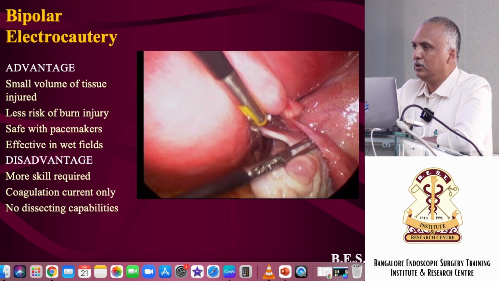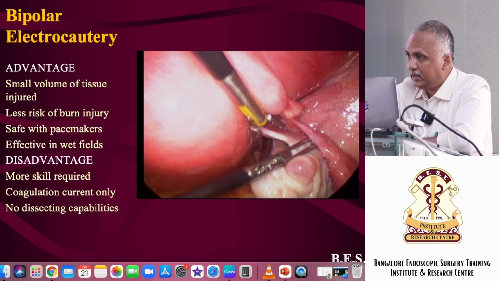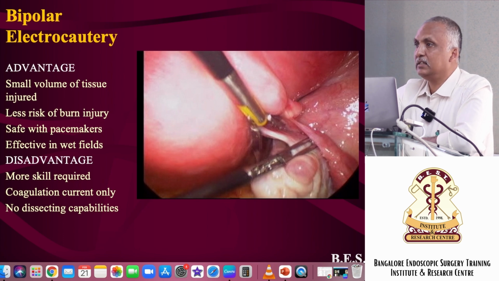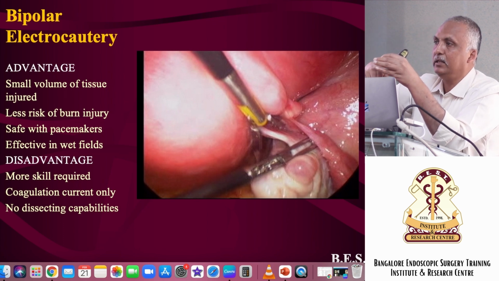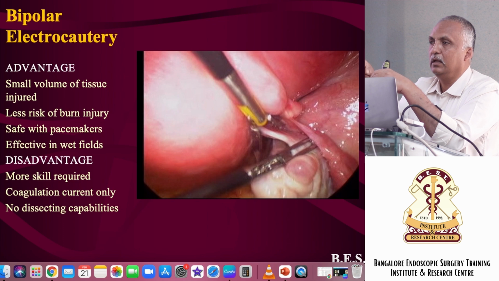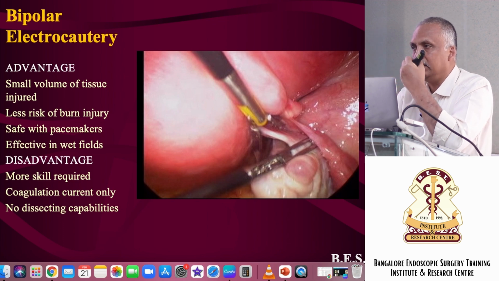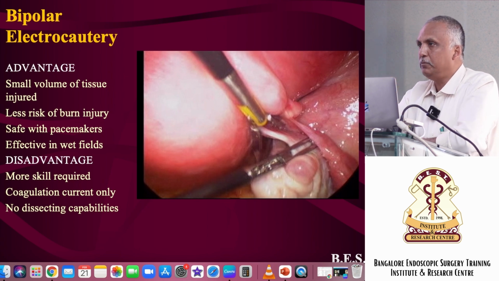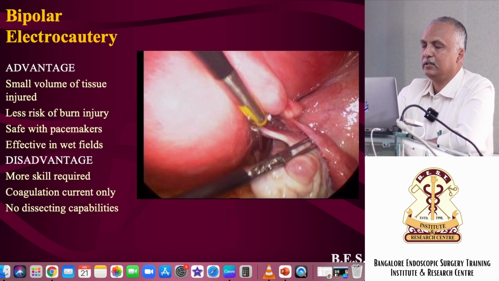You have to suck or you have to wipe and then coagulate it when you are using monopolar. But in bipolar, even if there is a little blood there, you can still coagulate it. Even if there is a pool of blood, you put your bipolar inside it and then coagulate, it will still coagulate. When there is inflammation, that is the most important thing. Supposing you go in after 4 or 5 days after inflammation, whether it is cholecystectomy, whether it is appendicectomy, whether it is